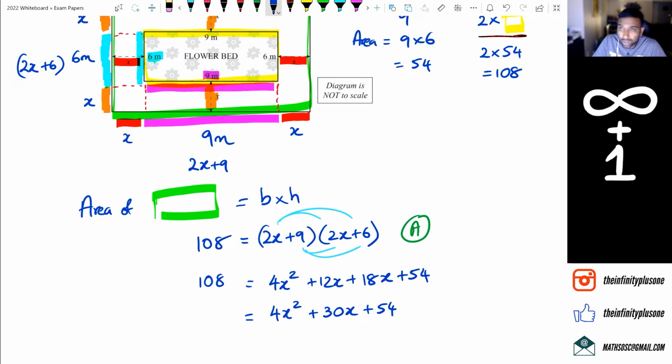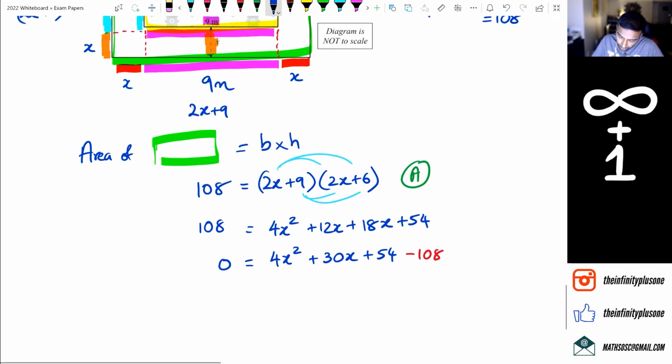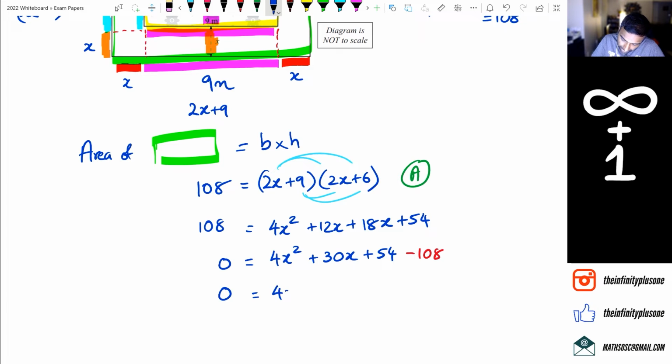Now I'm going to bring this 108 to the right-hand side, which means it's going to become minus 108, which means there's nothing on that left-hand side, which is going to be 0. So I've got 0 is equal to 4x squared plus 30x minus 54. Now, you could try and factorize this from this point onwards, but one of the things that I noticed straight away is that all these numbers can be divided by 2. So I'm going to take 2 out as a common factor, and I've got 2x squared plus 15x minus 27